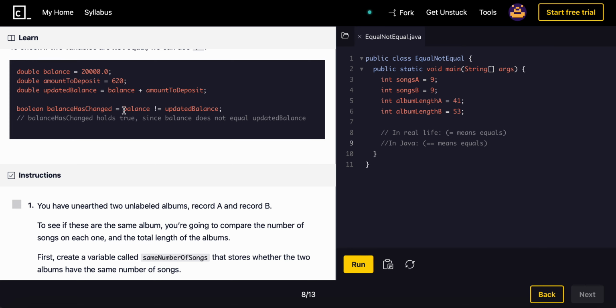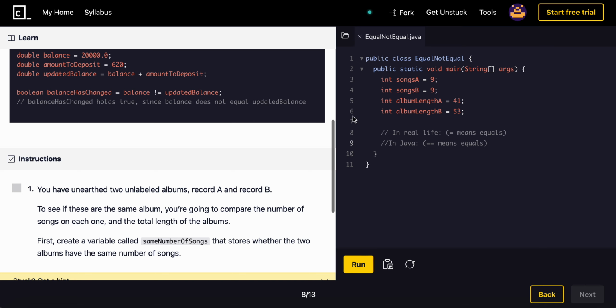Now compare balance, which is 20,000, and updated balance, which is $20,620. Compare that using the not equals, and the balance has changed is going to hold true because these two are not equal, meaning this whole thing is true. Okay, now